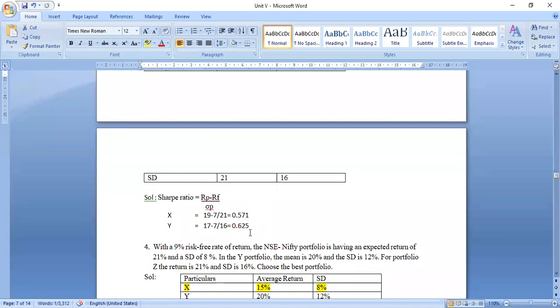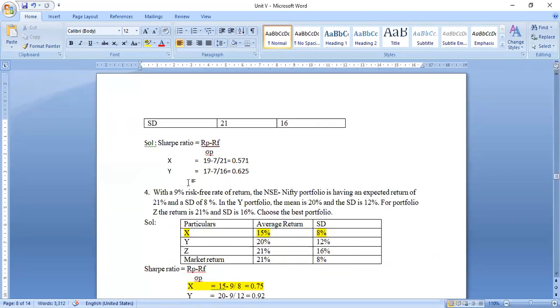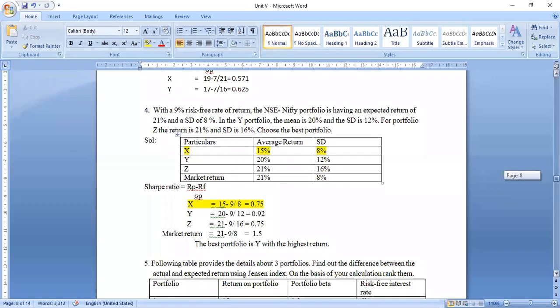So when we are trying to compare these two securities, you can see the risk is comparatively less for security Y compared to that of security X. Okay. And the value is also comparatively more in comparison with that of X. So Y is having a higher value because the risk is quite minimum. Okay. And the returns are also quite good when you're comparing the Sharpe ratio under security Y. So that was a simple problem where all the given data you have to just put into the formula. Now we will move on to the fourth question.